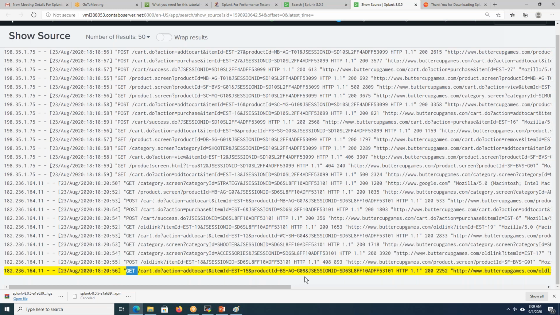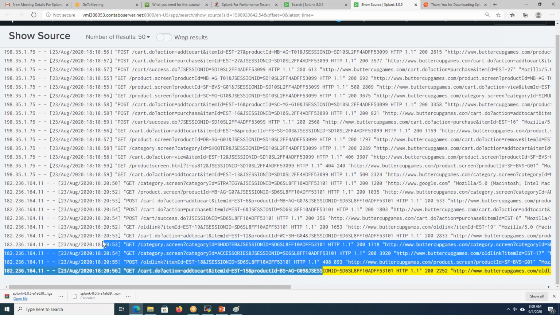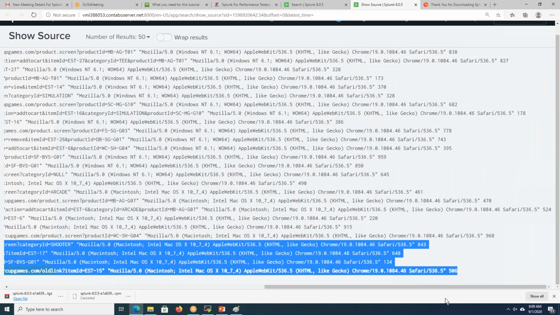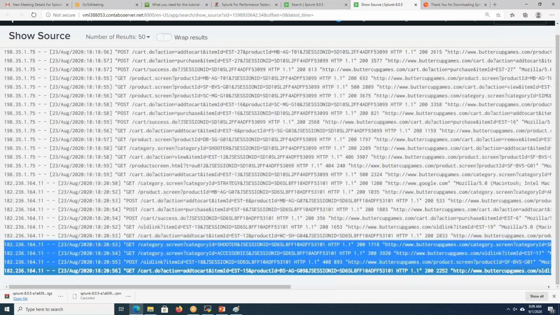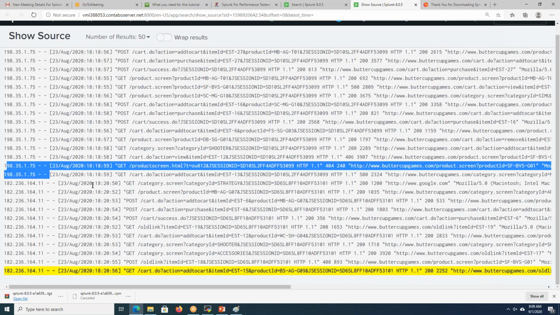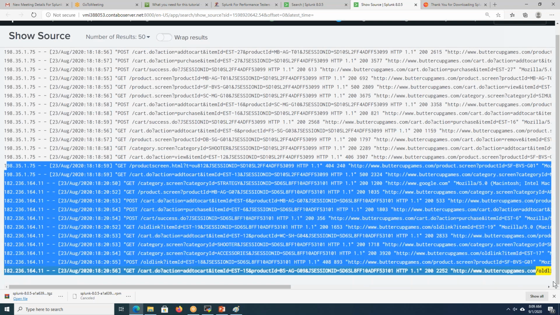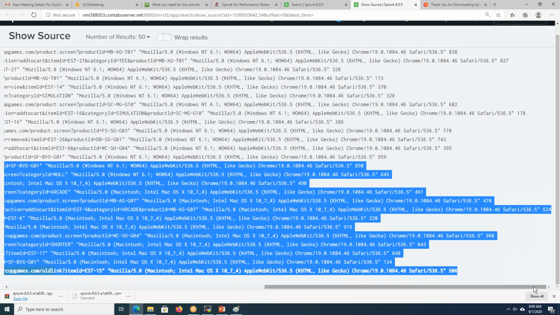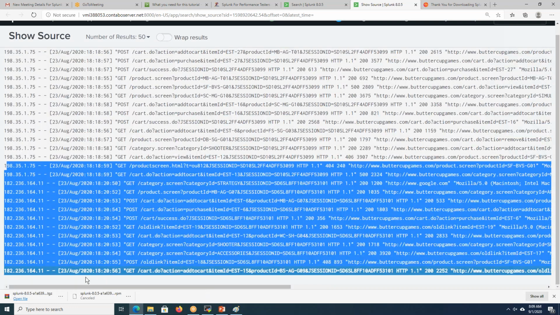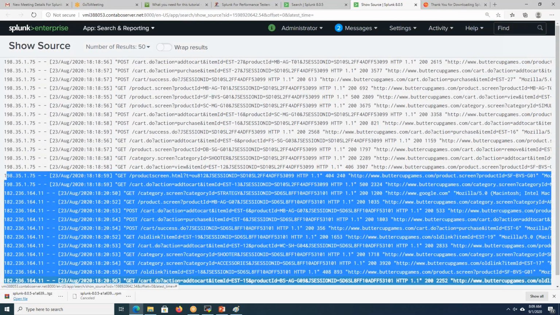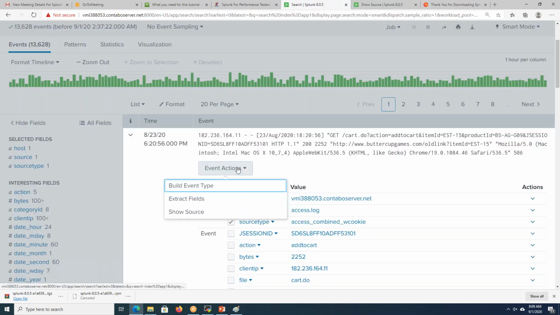I have extracted a failure, so I can copy this and send it to him in a mail. Got it? If there is a stack trace or something, it will be displayed in the logs. Those events, like how you see in your logs on Windows or Linux machines, that type of visualization will be present here. So: event actions, show source.